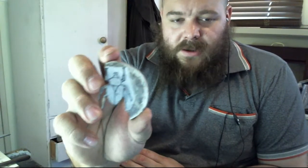So the plan today is I've been working on this Goliath beetle for a project that I'm working on. Some of you may remember that little